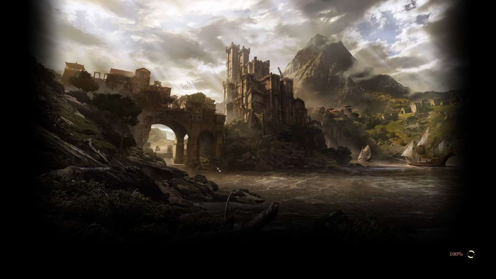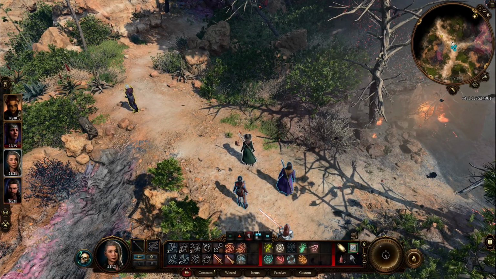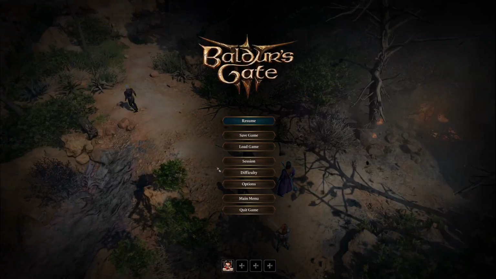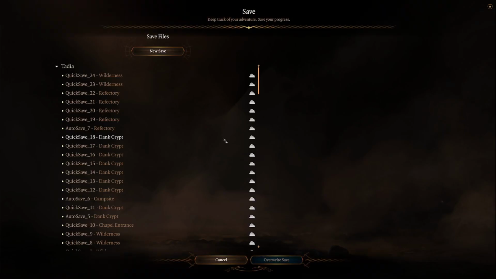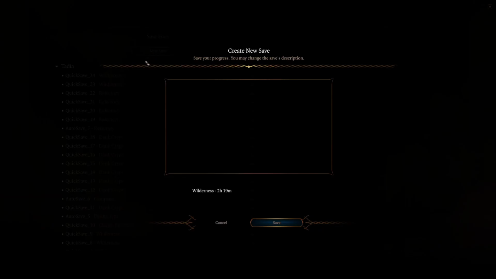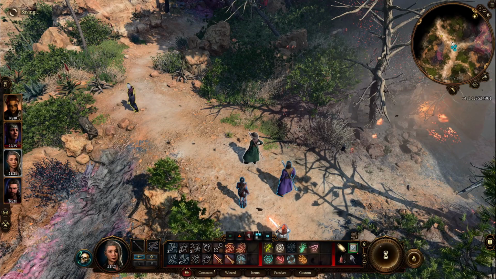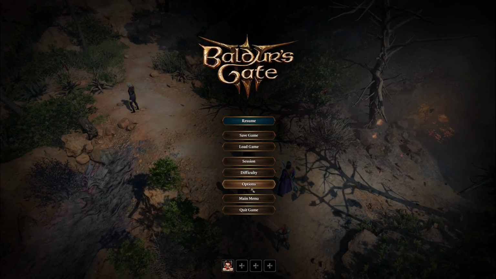And after the crash, there was another couple of seconds of download, like 5 MB, 10 MB, 20, something like that, of an update to Baldur's Gate 3 again. It seems to be working. So I'm going to add wizard to the end of the name, click save, and then we'll go back to the main menu and make our cleric.